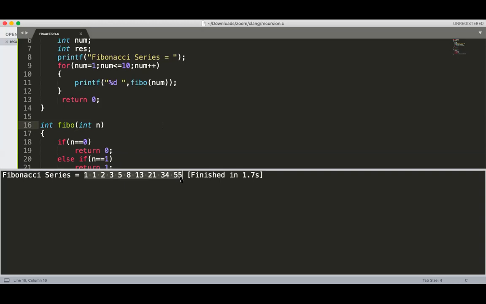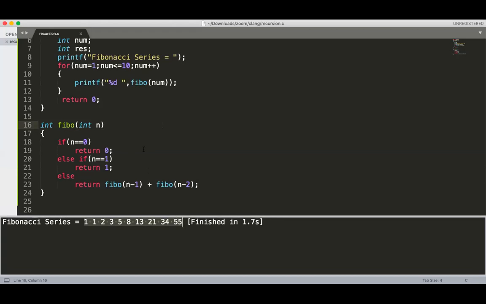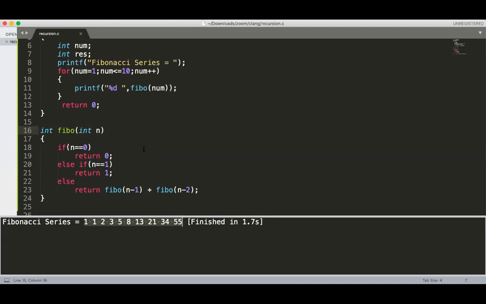Sir, in this you're calling the function inside printf, no, sir? Yeah, inside printf. Yeah, we can call it. Sir, instead of writing the printf statement on the top, why can't it be a single printf statement after the for loop? Because I want to print this one Fibonacci series here, no?